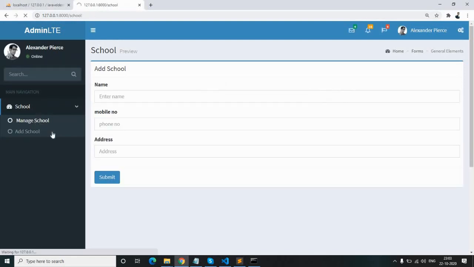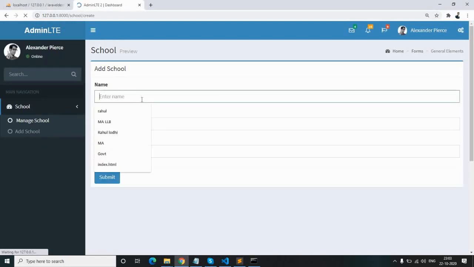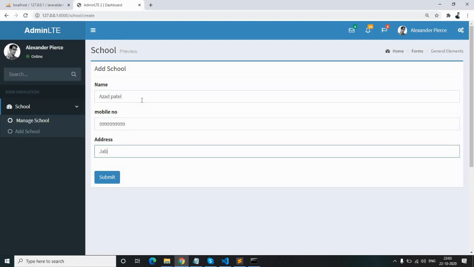This is the create form, add form. Now we will make one more entry, like Azad Patel, 999, address Jabalpur. Okay, submit.